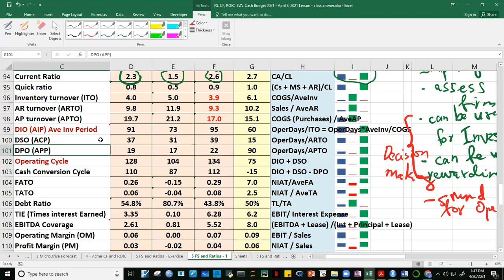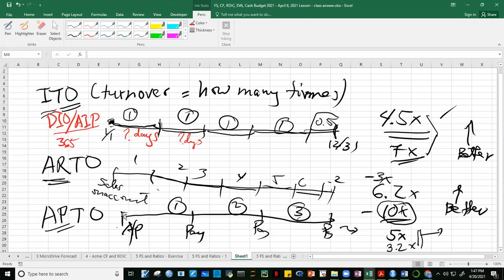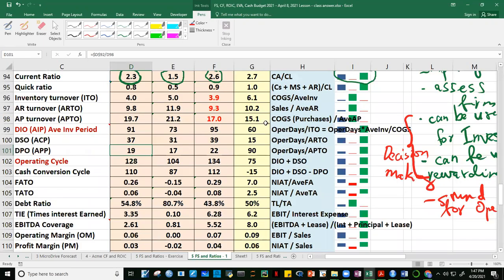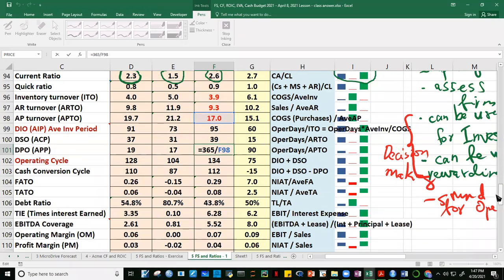Ano tong days payable outstanding? Back here, guys, it's the number of days it takes the company to purchase on account and then to pay. No? Purchase on account, pay. Ilang araw yan? Days payable outstanding. So it turns out here, the formula is cost of goods sold divided by the average inventory. So pakita natin to. No? So 365 divided by